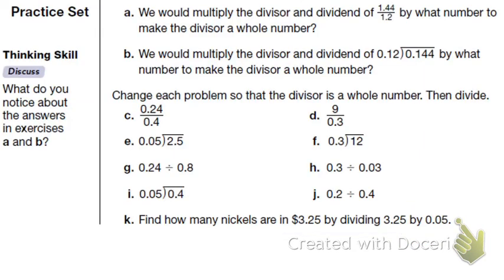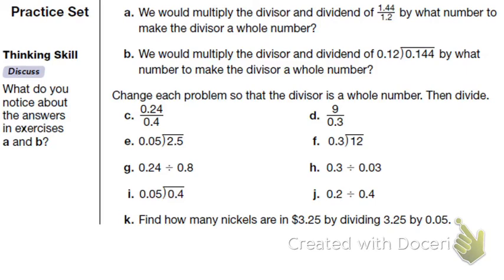Okay, those are the only two examples, so I'll do some of the practice set problems. I'll do letter C, D, and E, as well as A and B. So letter A says we would multiply the divisor and dividend of 1.44 divided by 1.2 by what number to make the divisor